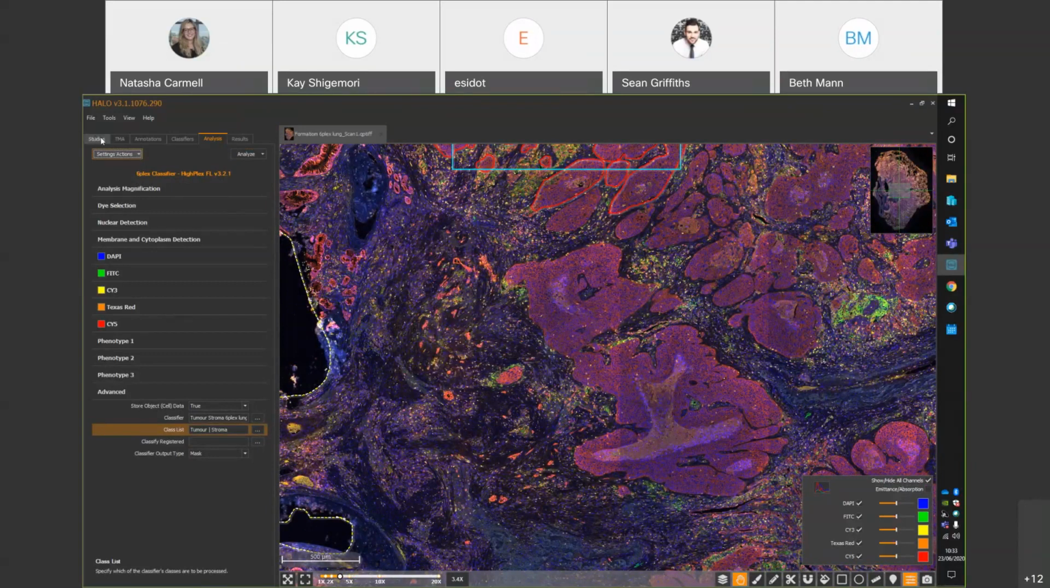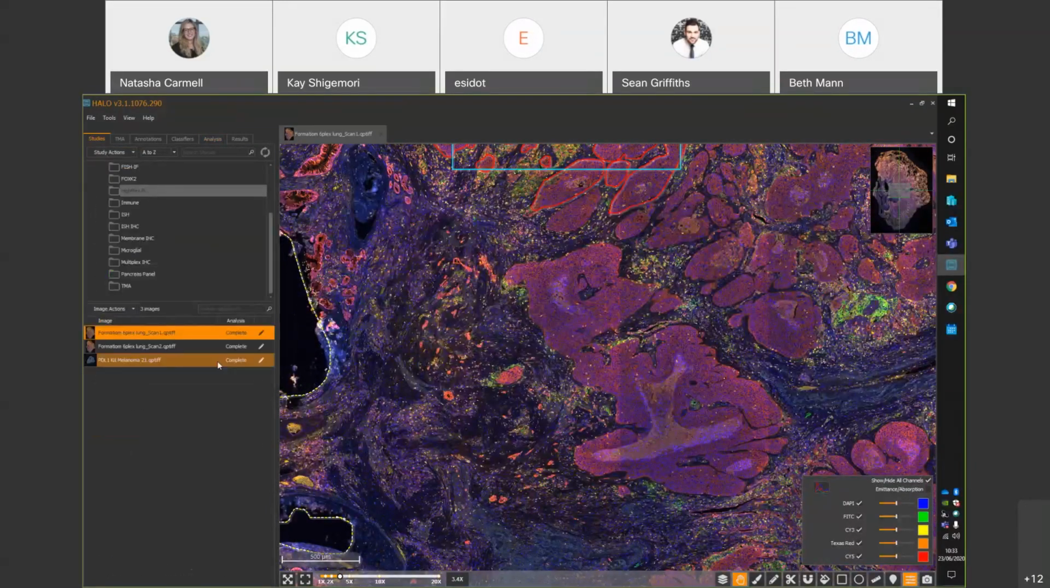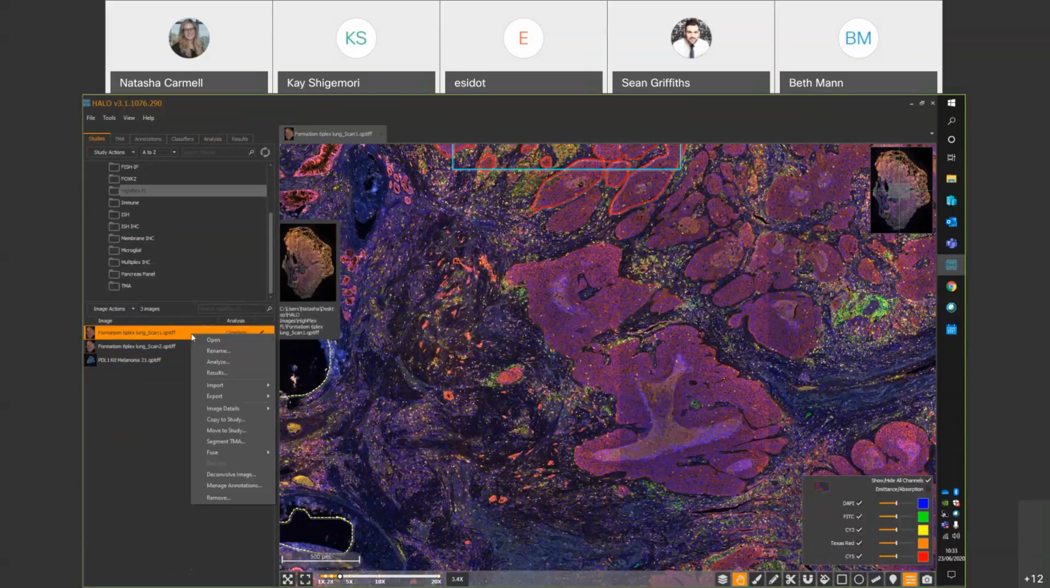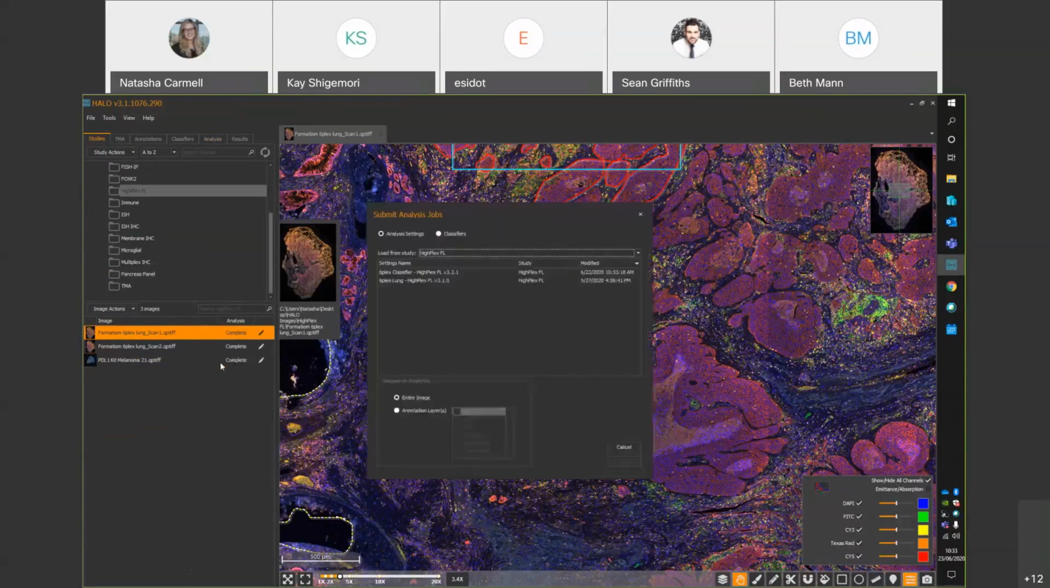And now to launch batch analysis, if we go to the studies tab here, we can select our image or multiple images if we wish. Right click and come down to analyze, and you'll see we've got the option to choose from analysis settings or classifier settings. Because our classifier has been embedded and saved within our analysis settings, by selecting this here, which is what we just saved, Halo will first run the classifier and then it'll run the HiPlex analysis. So we don't need to try and select classifier and run that and then the analysis and run that. It'll all be completed within